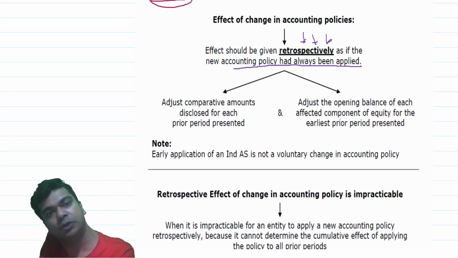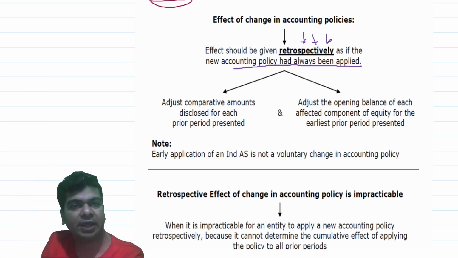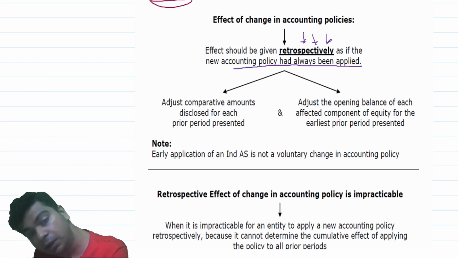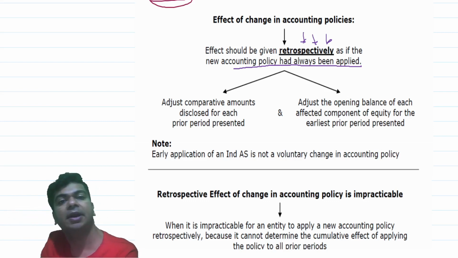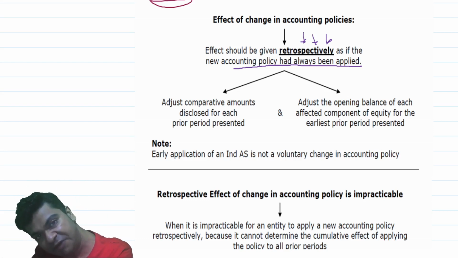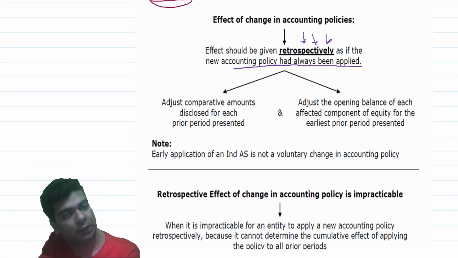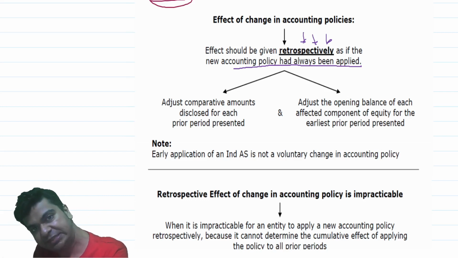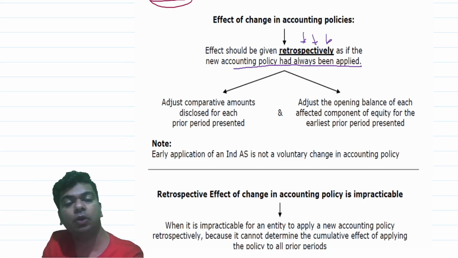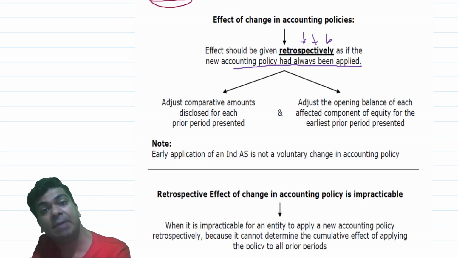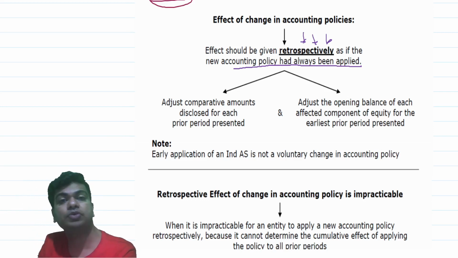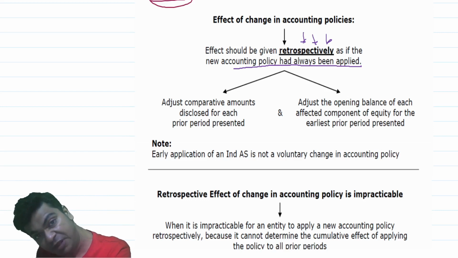If this is what you are doing, then we can say that you are giving the effect retrospectively. In other words, a change in accounting policy will affect not just the current year, it will also affect the previous years, isn't it? So how exactly should I provide the effect of change in accounting policy? Now this is a matter on which I will require your utmost attention,